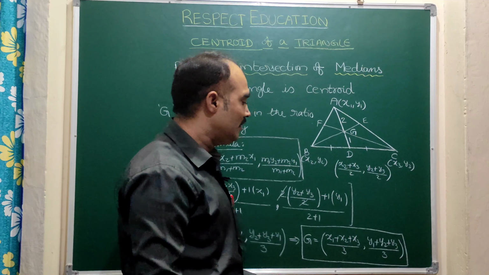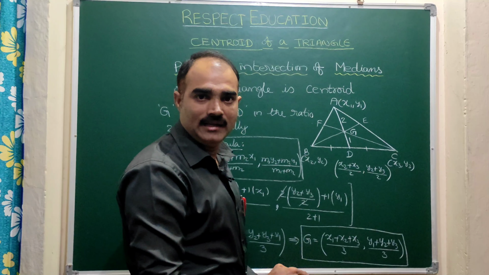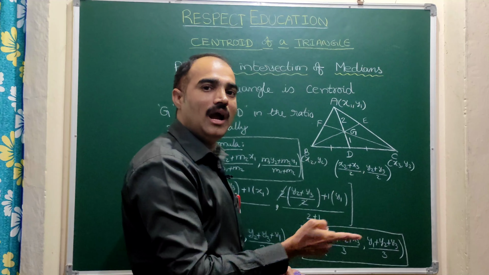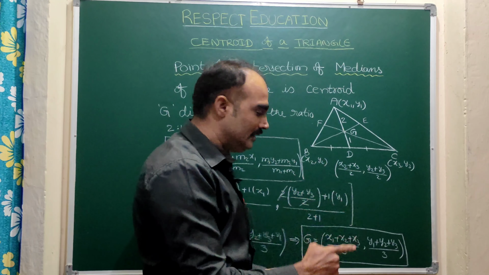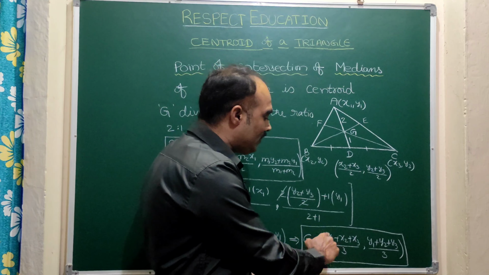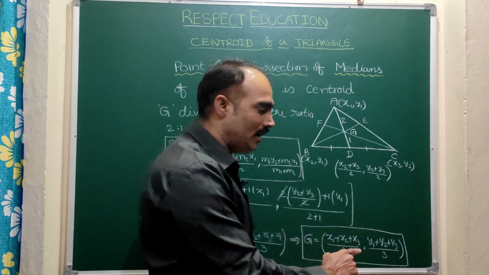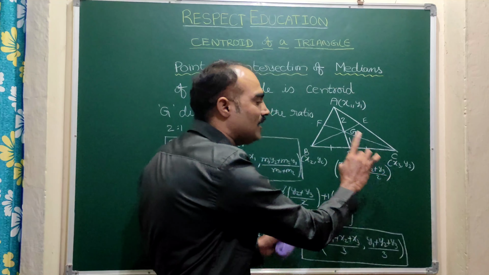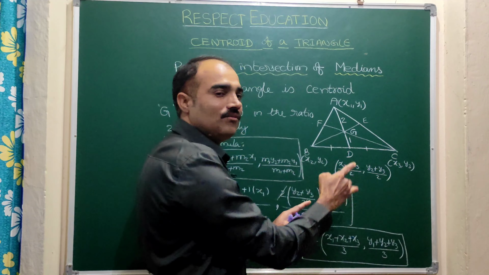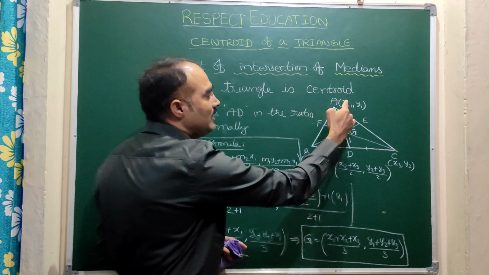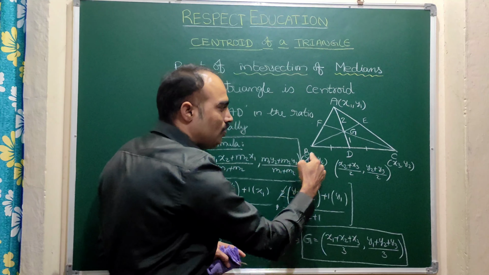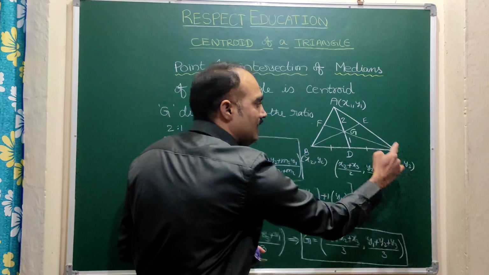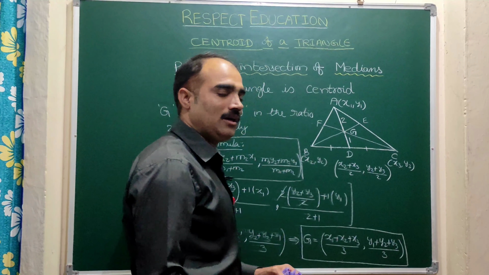So finally I will conclude here. The centroid of a triangle whose vertices are A(x1, y1), B(x2, y2) and C(x3, y3) is G equal to ((x1 + x2 + x3)/3, (y1 + y2 + y3)/3). Here instead of finding the D and all, directly you can substitute the values here. From this I will tell you, observe, see, G is equal to ((x1 + x2 + x3)/3, (y1 + y2 + y3)/3). So this is the concept of centroid.